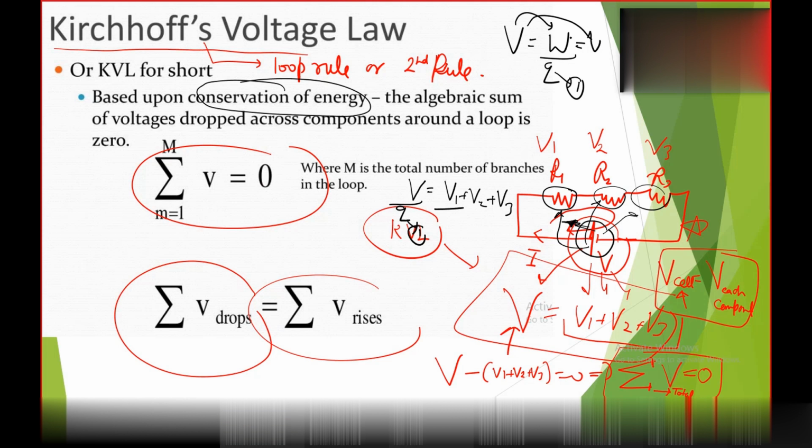According to Kirchhoff current law, total current would be 0 at a junction. And KVL, Kirchhoff voltage law or Kirchhoff loop rule, states that in a loop, the total summation of all the potential drops will be equal to 0. Or we can say the potential we are getting from the battery will be equal to the potential drop across each component of the circuit. You may write now the definition of KVL and whatever I have written here.